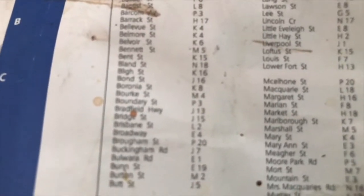Alfred Street, K14. Allen Street, E20. Anzac Parade, N6. Argyle Place, G13. Art Gallery Road, L18. Arthur Street, L5. Balfour Street, F6. Baptist Street, L8. Balcom Avenue, P3. Barak Street, H17. Bellevue Street, K4. Belmore Street,